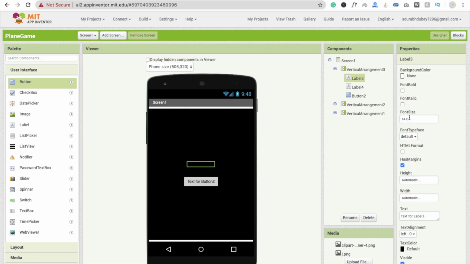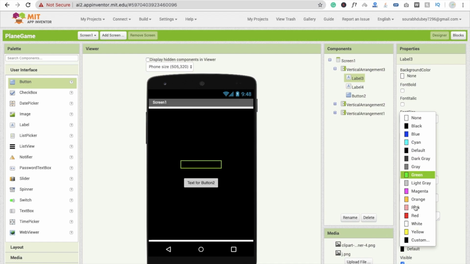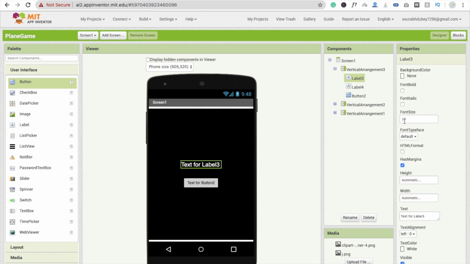Click on label 1, make it 20, and you will see here text color, change your text color to white and make this right now 0 because that's the current score right now, and make this your game over and change this font size to 22 and text color should be red. It's fine.